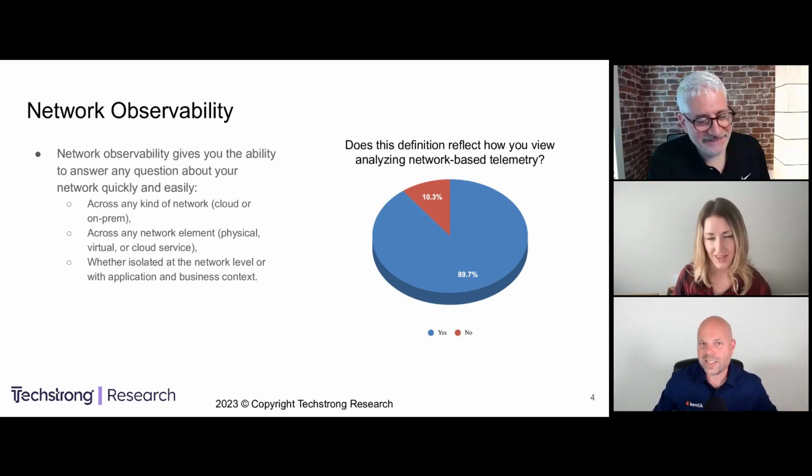But that's not the CIO's perspective, or the CTO or the director of IT. And they're like, no, fix it now. I'm glad you're having fun. That's great. But fix it now. We have end users complaining. We're losing money. Our e-commerce site's down or slow, and customers are signing off and going somewhere else. Fix it now. So that's where we're going with network observability.